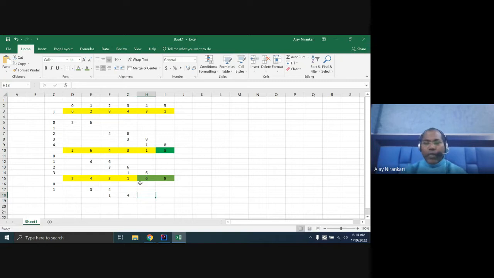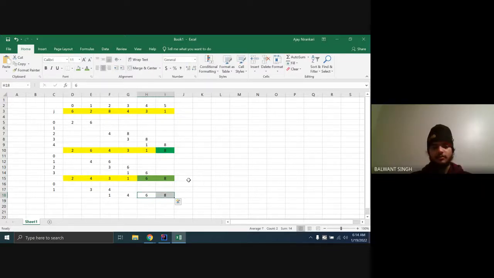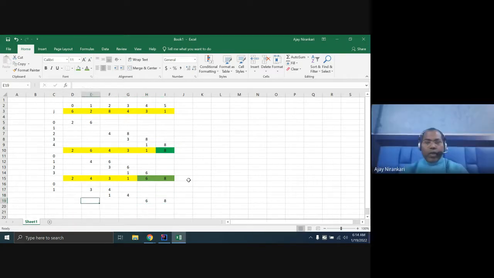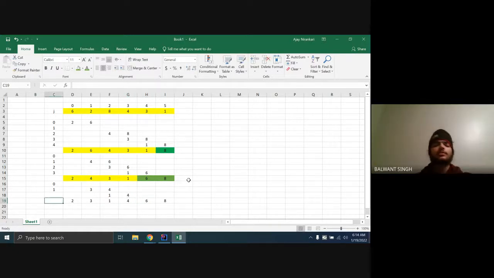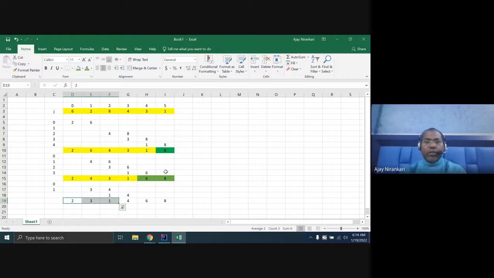Now, you know, after this, I don't want to sort. Just leave it, 6 and 8. So after you sort, I look at 2, 3, 1, and 4, 6, 8. Yes, this is your original array changed, and this is your green.